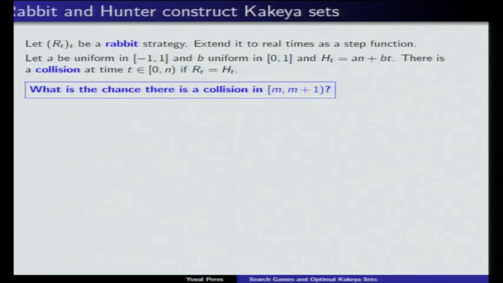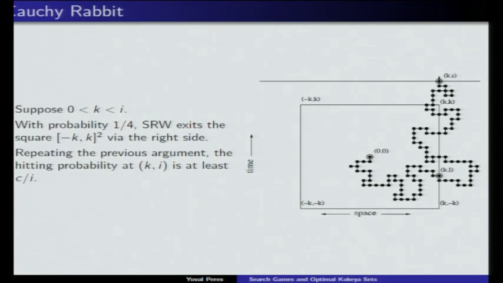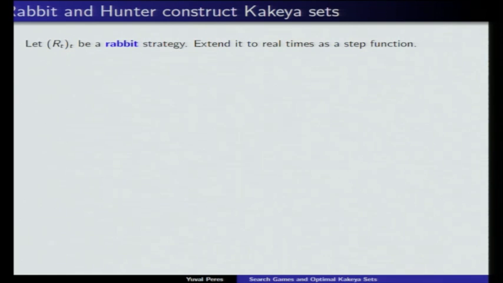And once you know this bound 1 over I, then you get the expected number of collisions log n in one round, and hence the probability of colliding in a round is at most 1 over log n, and so the number of rounds needed for collision is log n. So we found a strategy for the rabbit that ensures capture time at least n log n, no matter what the hunter does. So in all this analysis, we're not restricting the hunter to use the previous strategy I described. The hunter could do anything, and the capture time in expectation is at least n log n.